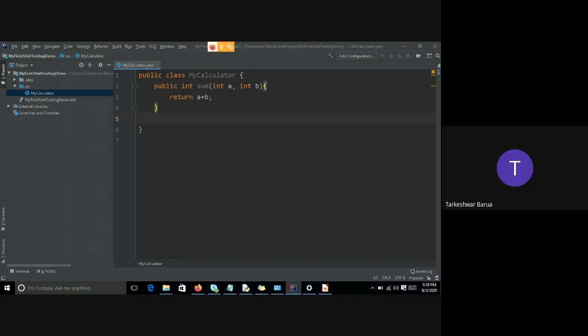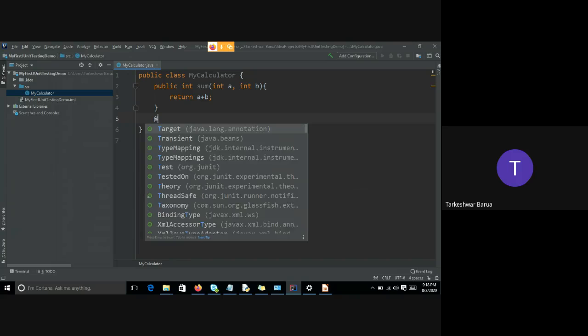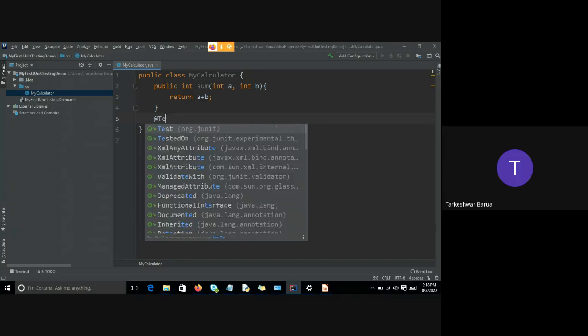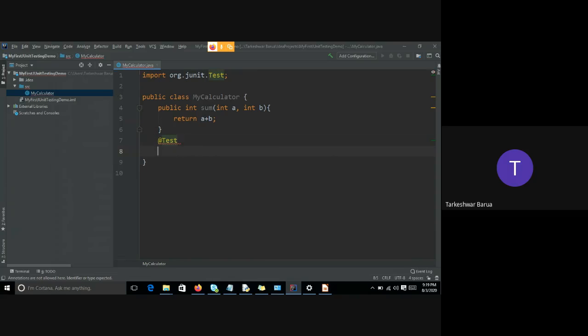So how can I test this program? Creating a test suite, test applications. Testing an application is very easy. You just have to annotate with @Test. Test is an annotation, and you can start writing code.